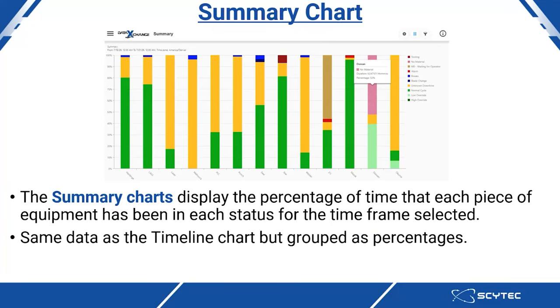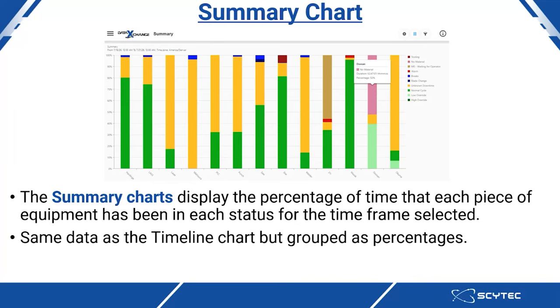And the summary chart displays the percentage of time that each piece of equipment has been in each status for the time frame selected. And basically what the timeline chart shows you is everything that was presented before with the equipment status summary, but this is now grouped as percentages. And we can see that we have a Doosan machine that is selected there, showing that 52% of the time